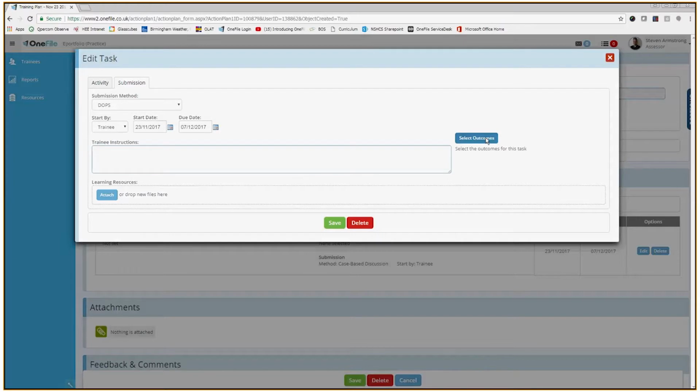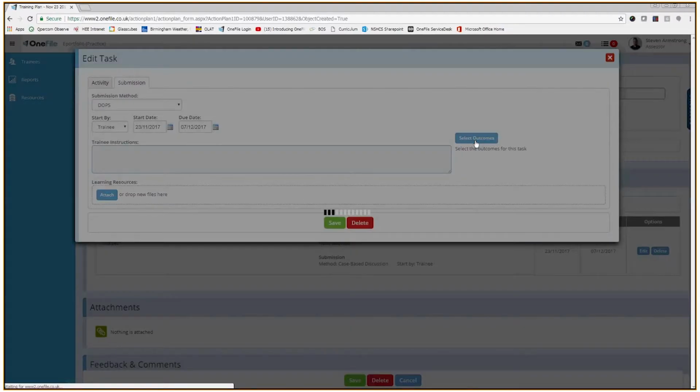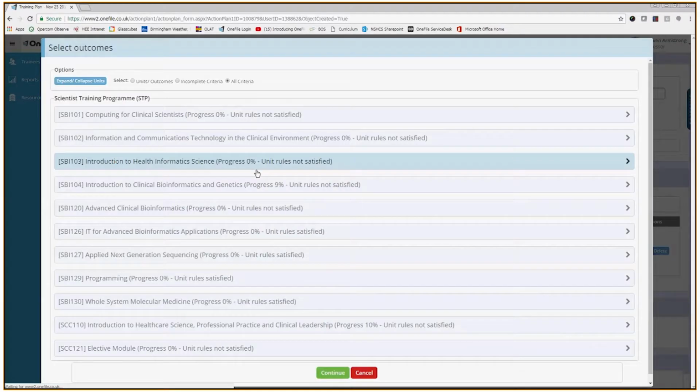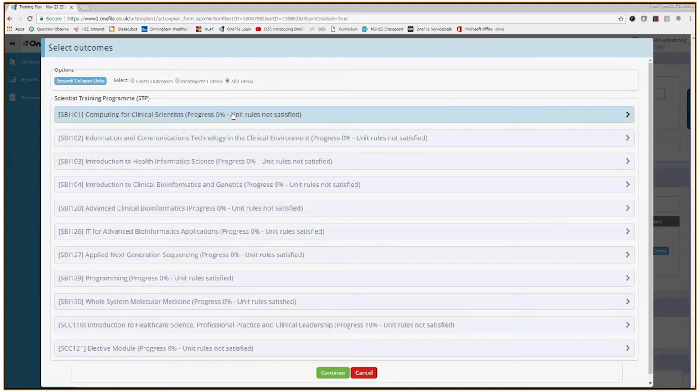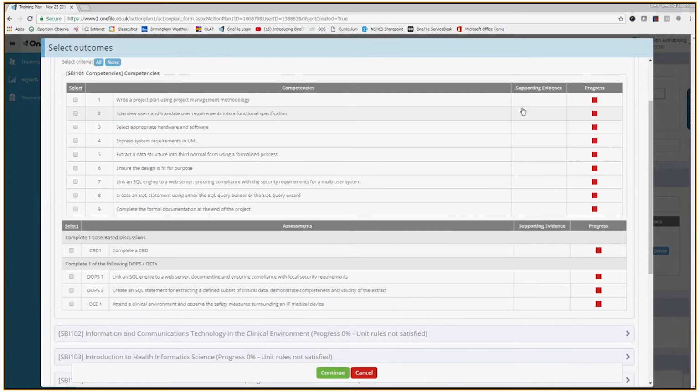And I would like to specify the exact DOPS that I would like the trainee to perform. To do that, I will click the Select Outcomes button here. And when that loads, I would like to make sure that all criteria is shown so that when I open up that module, I do see all of the competencies and assessments available. So I'd like the trainee to perform DOPS 2 within this particular module, so I'll select that box there and